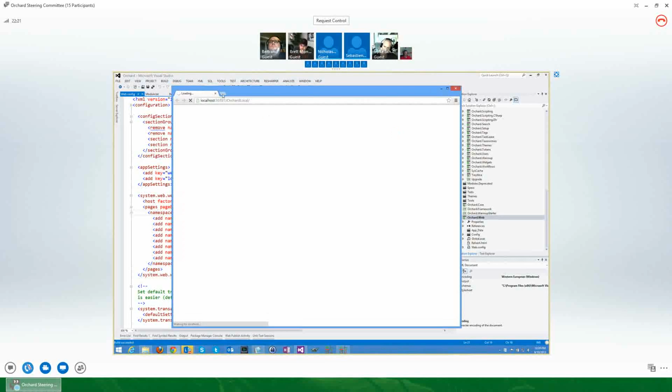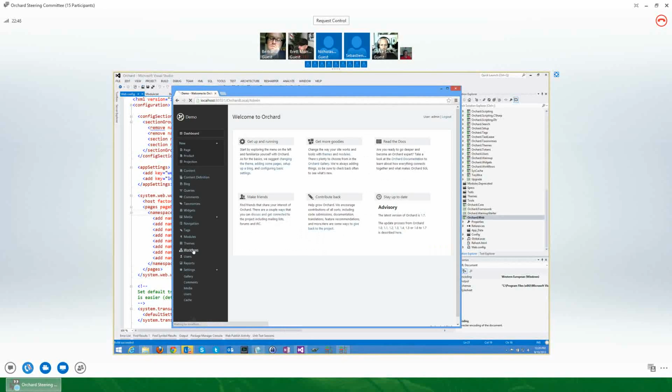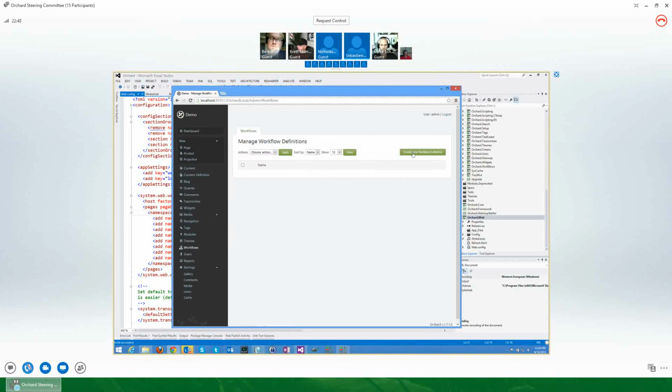So the idea is to add some notifications on the workflow module to prevent you from forgetting to define a start event, and also forgetting to save your workflow when you have made some changes, because everything is in Ajax, so it's client side. And well, what is it doing? Okay, it was upgrading some modules, I think. Okay, so if you go to workflows and you create a new workflow,